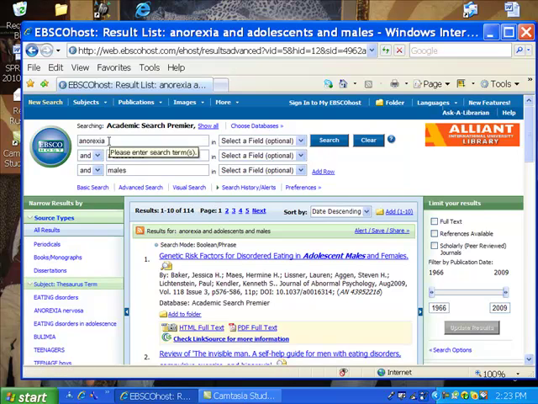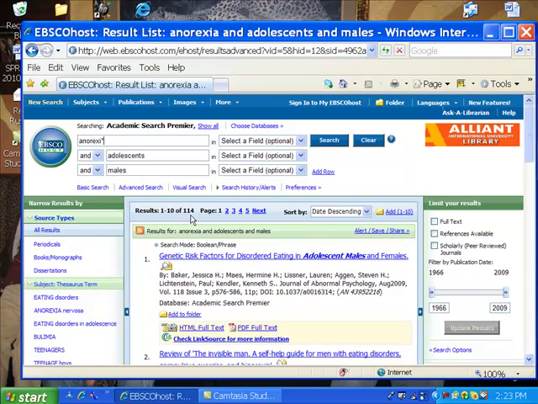Now, we can talk about two things here. One is truncation, and that is to go to the root of the word. So with anorexia, if we go to the I and insert an asterisk, then that will also pull up anorexic or other roots of the word.